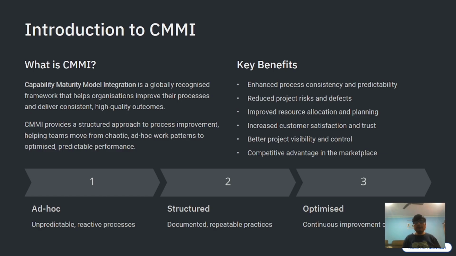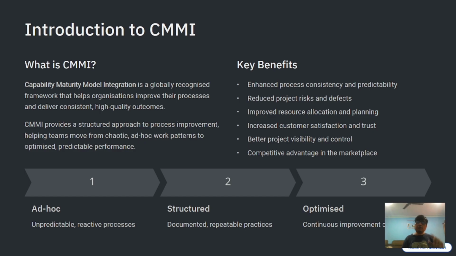The last benefit is competitive advantage in the marketplace. Whenever you are presenting your organization in any kind of workshop, any kind of survey, on different occasions, or in front of a customer, sometimes the sales team goes in front of the customer, then they definitely tell them what kind of process we are using, and then the customer